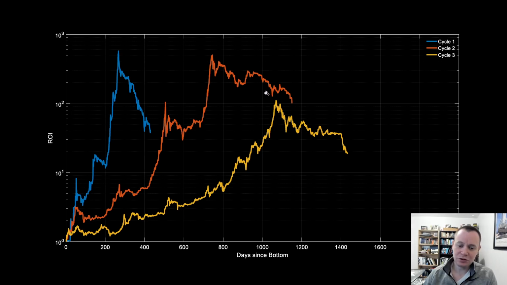Okay, so we look at this and we say, well, from a pragmatic point of view, it makes sense that the cycle ROI would diminish from each market cycle bottom, because it will take exponentially more volume to move the market cap another 10x. And if you think about it, the market capitalization of gold is only approximately another 10x from where Bitcoin currently is. So it's going to be harder and harder for Bitcoin to put in 10x's, as long as you're later in the cycle, right? So the chances that Bitcoin this market cycle goes up another 10x is relatively low.